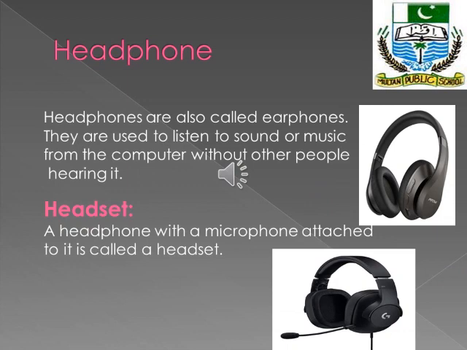Headphone is also an output device which is used to produce sound. Headphones are also called earphones. Headphones are either plugged into a computer line out or speakers. Headphones allow you to listen to audio or watch a movie without disturbing people around you. So, if you don't want to disturb other people, you will use headphones instead of speakers. The other type of headphone in which a microphone is attached is called a headset.